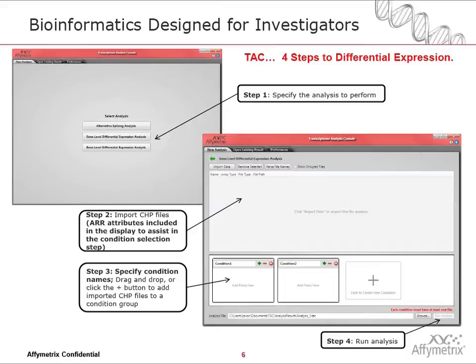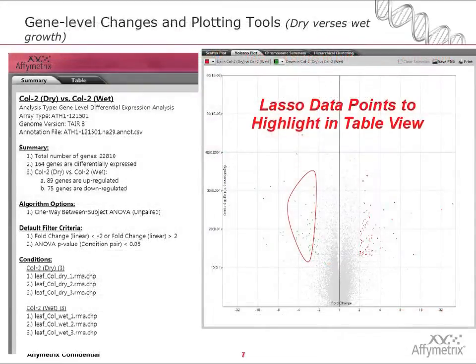So there are 4 steps here. You start with the first step, which is you specify the analysis that you want to perform. Your second step is you import your CHP files. The attributes are automatically included so that you can select the condition step. You specify the condition names, or you can simply drag and drop the files over here into a condition group. And then finally, you run the analysis. So from input to answers in 4 easy steps,